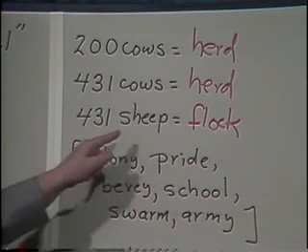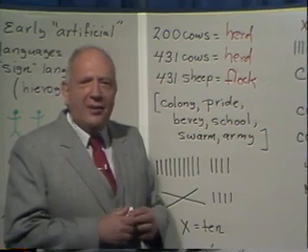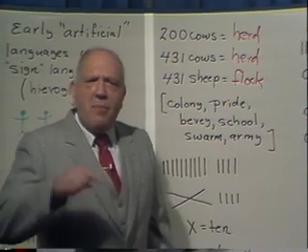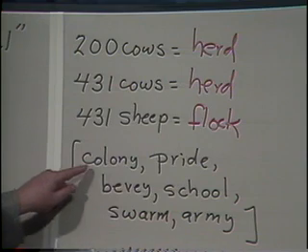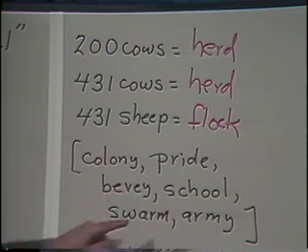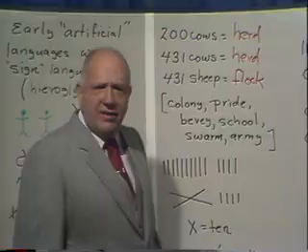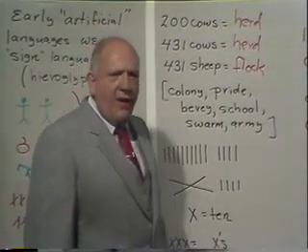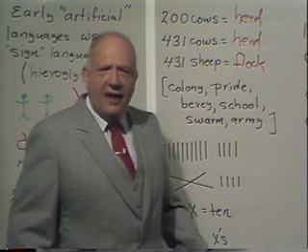In any event, look at how we do this with a whole bunch of things. Notice that when we have a lot, not only is it difficult to count, but we pick a different adjective depending on what we're counting. For example, we talk about a colony of elephants, a pride of lions, a bevy of geese, a school of fish, a swarm of bees, an army of ants. You see the kind of language that we have this way? And so what was the next innovation? People discovered that they had, in general, 10 fingers.